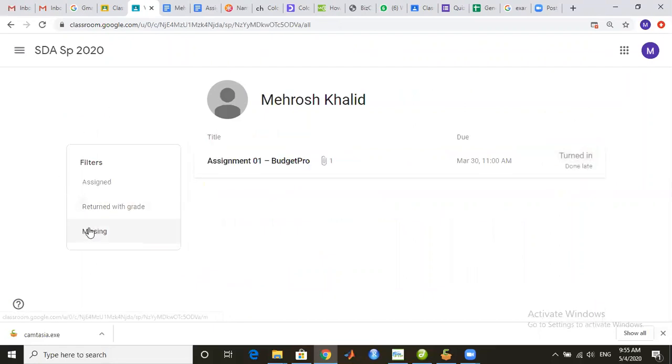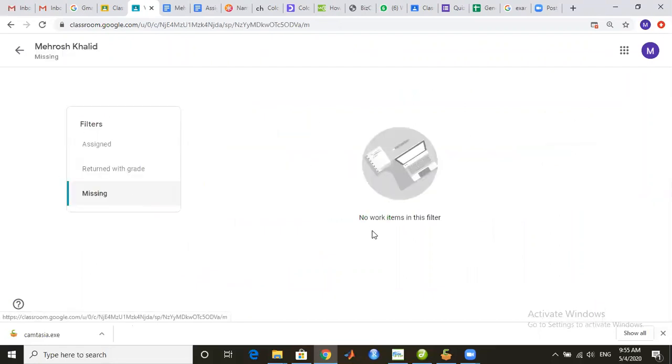View your work. Now, if I click on the missing section, this missing section is blank. Remember that before submitting the assignment, when I clicked on the missing section, it was showing me that I had one missing assignment. Now no assignment is missing because I have submitted the assignment. Returned with grade: the teacher hasn't marked the assignment yet.